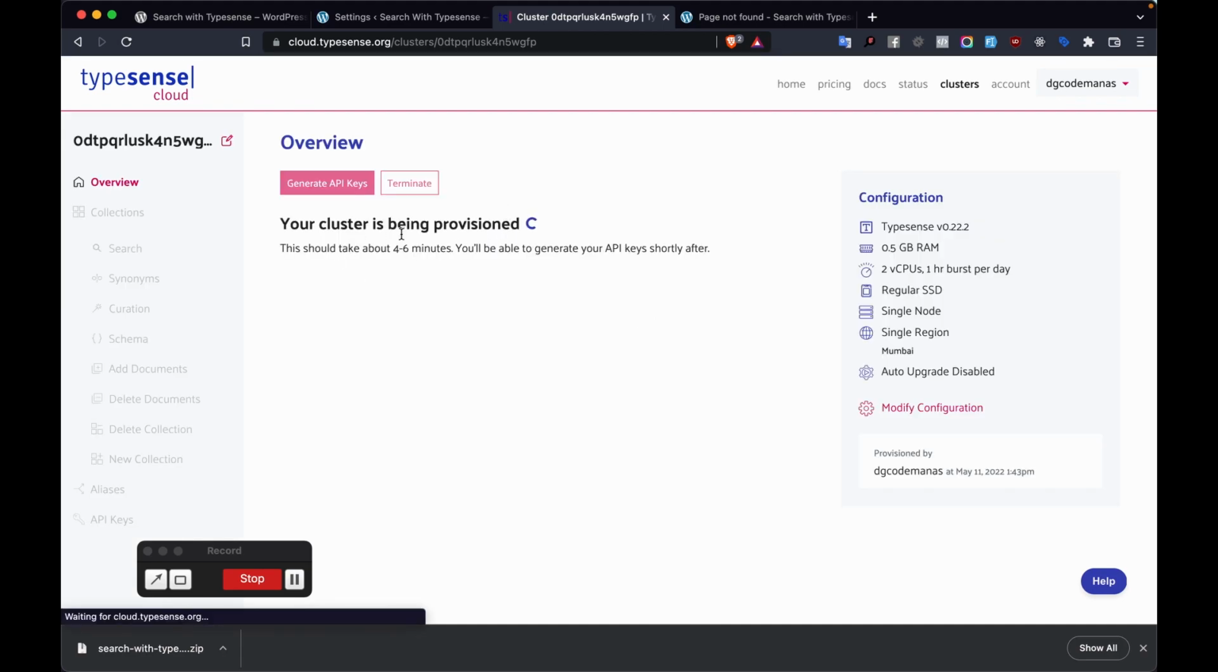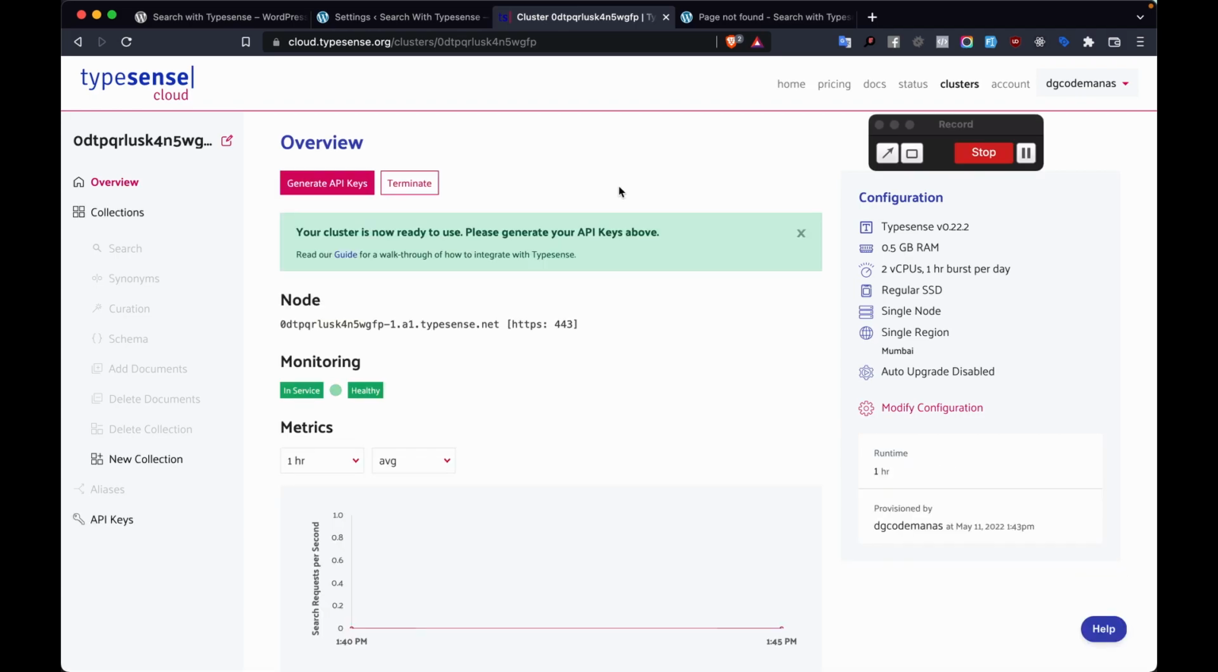Once the cluster has been provisioned, there will be an option to generate the API keys. As you can see, the API keys aren't being generated right now. That's because the cluster is still being provisioned. Once it's done, which will take a few minutes, once the cluster has been created, there will be the option to generate API keys. So we can generate the keys,